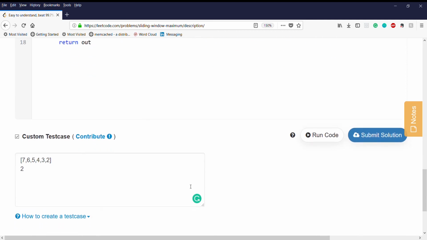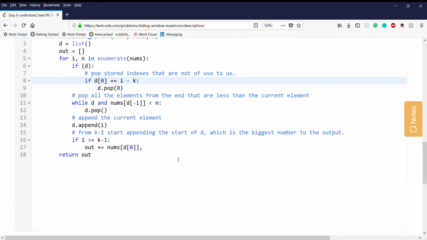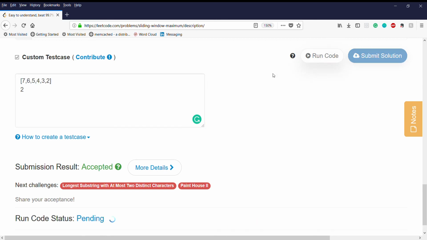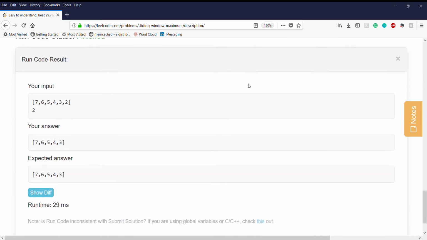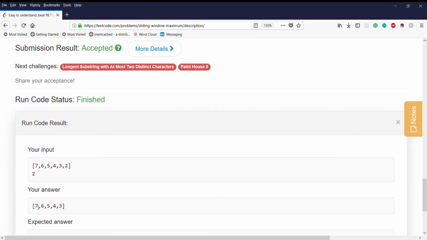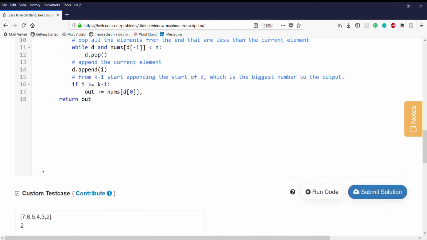If you could see, you can add a dummy input like this, and if you run this, the output is 7, 6, 5, 5, 4, and 3, because the window size is 2. If I can actually print here,